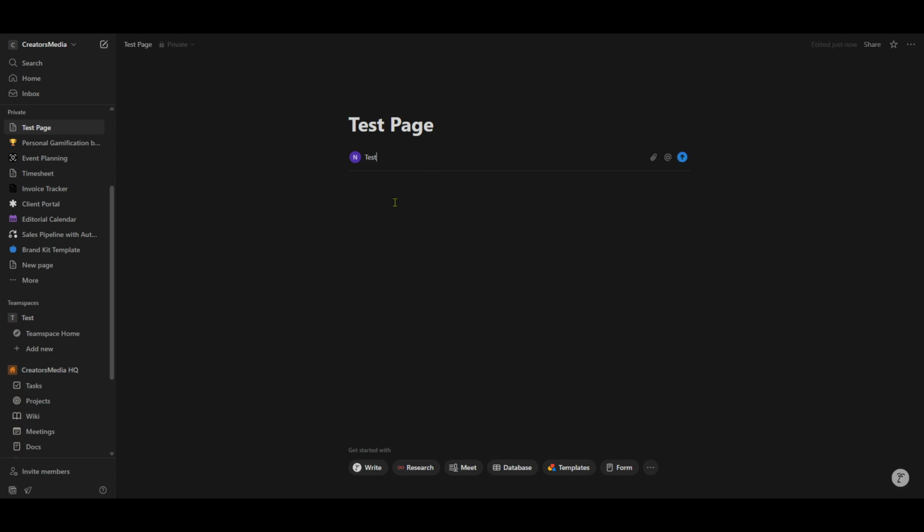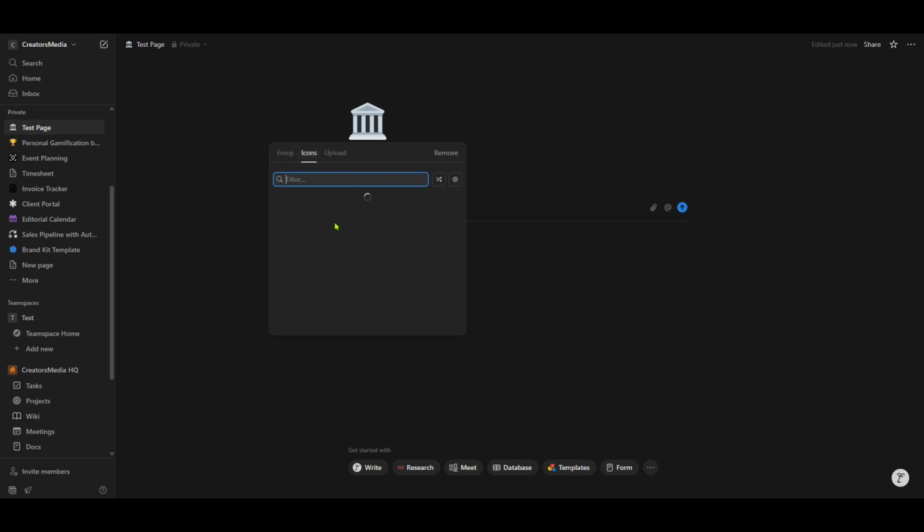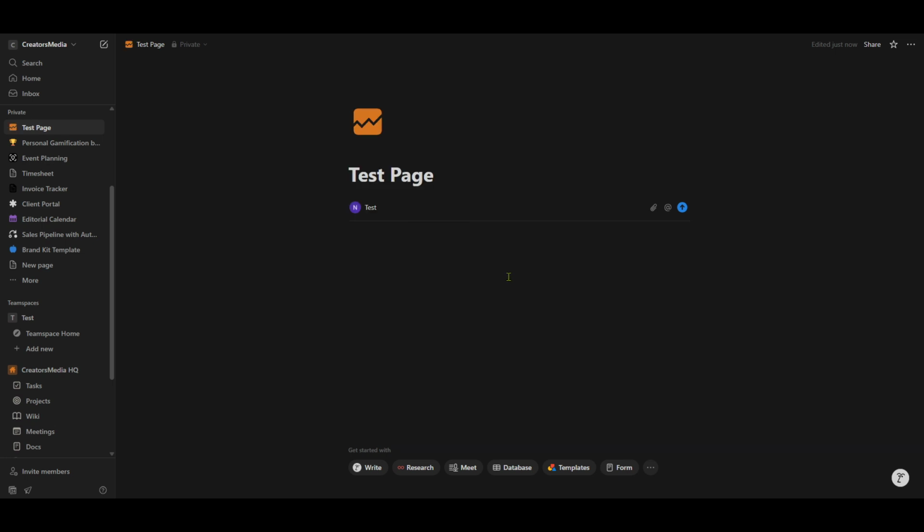Notion makes this easy. Click anywhere within the page to start typing and customizing your content. You can add text, images, databases, lists, and much more, all of which Notion supports through an intuitive block system. Each block is a piece of content that can be rearranged within the page, allowing you complete flexibility in designing